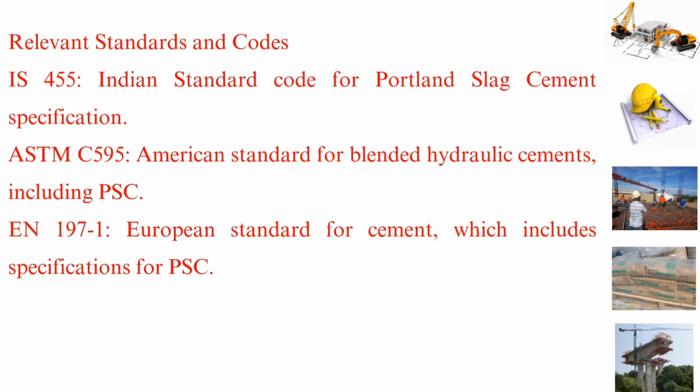IS 455, Indian Standard Code for Portland slag cement specification. ASTM C595, American Standard for blended hydraulic cements including PSC. EN 197-1, European Standard for cement, which includes specifications for